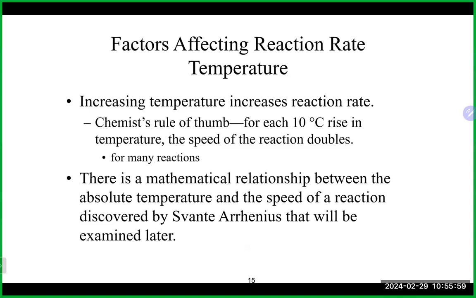Temperature has a really big effect on the rate of the reaction. Typically speaking, increasing the temperature will increase the rate of the reaction. The opposite would be true if you threw everybody on ice. Typically, the reaction would be a little bit slower. And that really has a lot to do with energy, obviously, right? So if you increase the temperature, you're adding a lot more energy, as you might remember, as things go from, say, reactants to products,